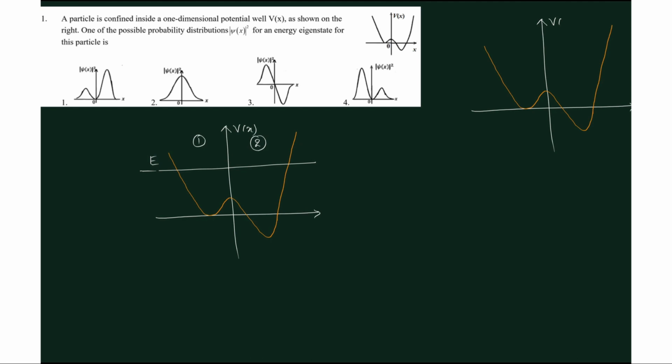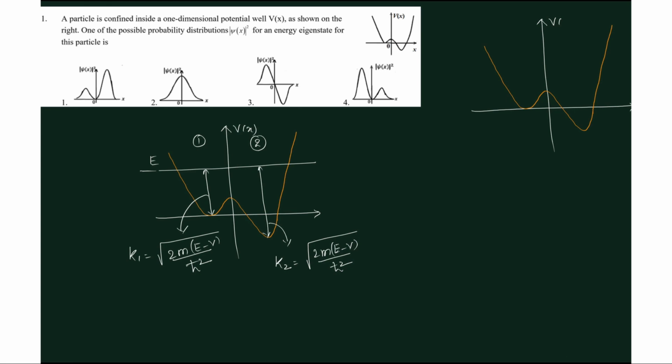The difference will give you the kinetic energy, and K1 in the first region is given by the square root of 2m(E minus V) by h cross squared. Similarly in the second region, K2 is the square root of 2m(E minus V) by h cross squared,